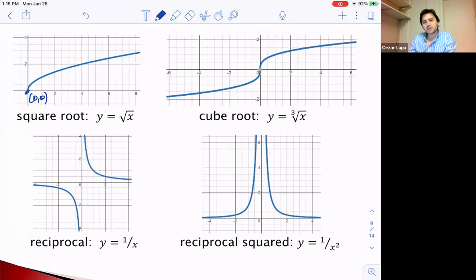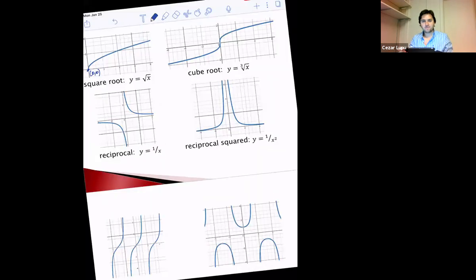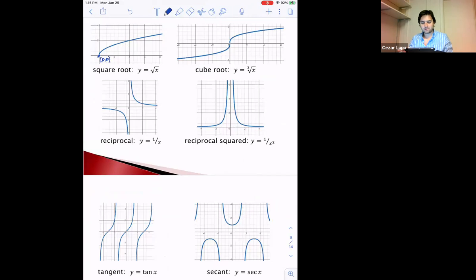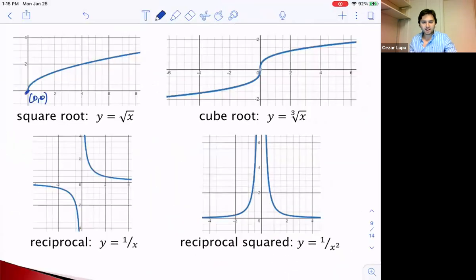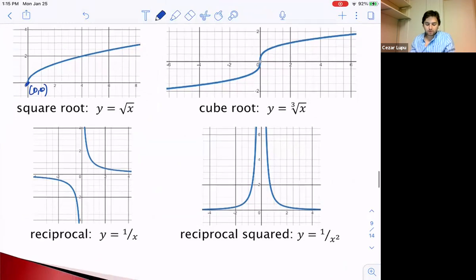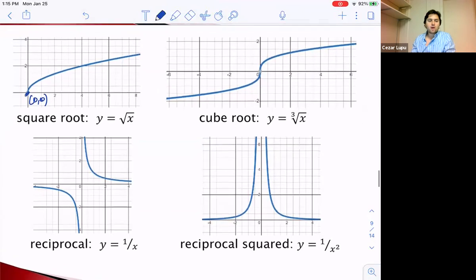And also, in a very similar fashion, it's nothing else than the graph of y equals x cubed turned on its side, but this time we have the cube root, y equals cube root of x. Also, probably we'll sketch this at some point, we will see why the graphs of these functions look like this. So we'll have the